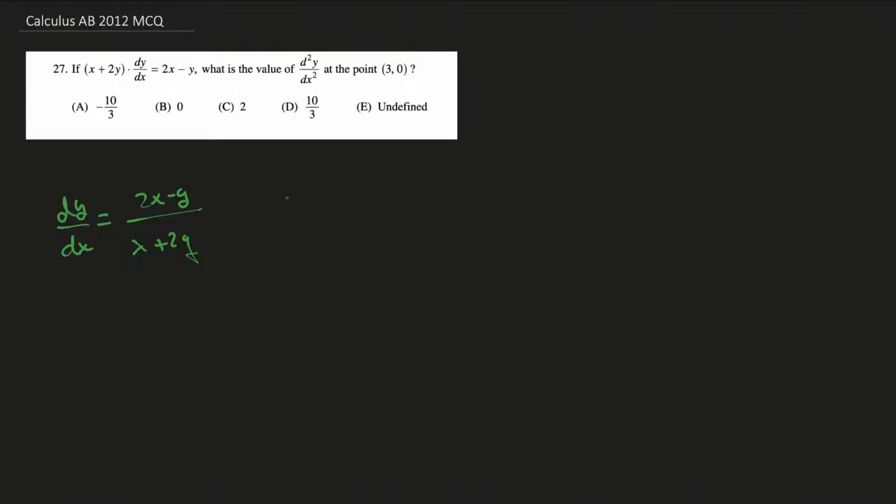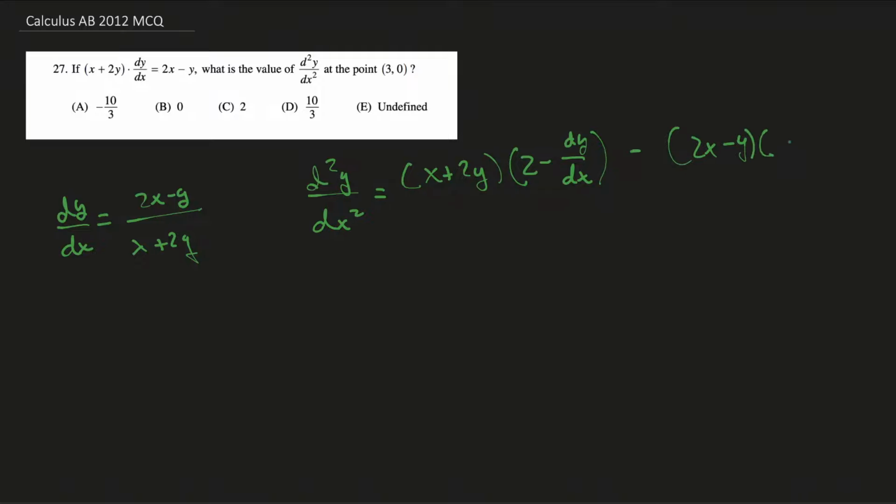And if I solve for the second derivative using the quotient rule, you get x plus 2y multiplied by 2 minus dy/dx, minus 2x minus y multiplied by 1 plus 2 dy/dx, all over